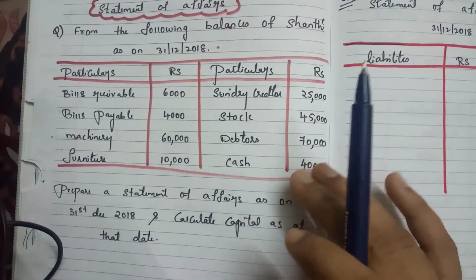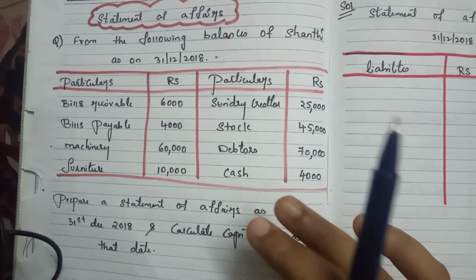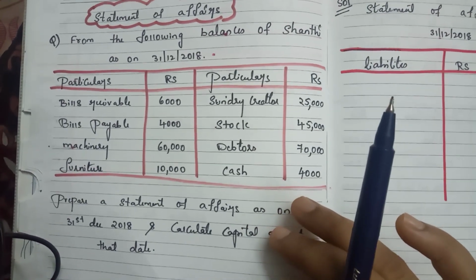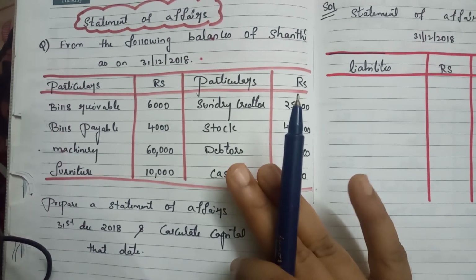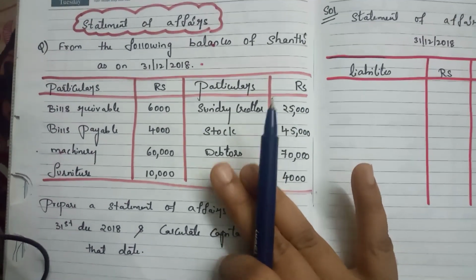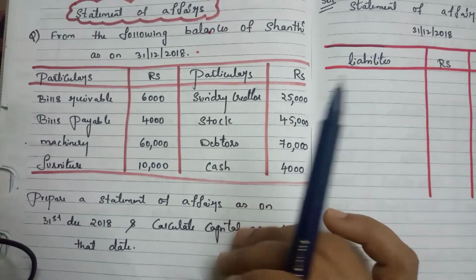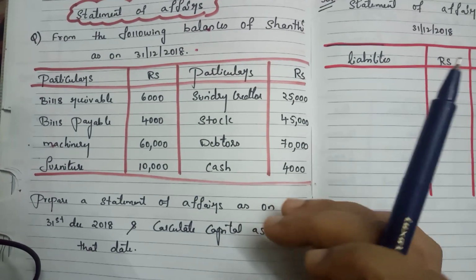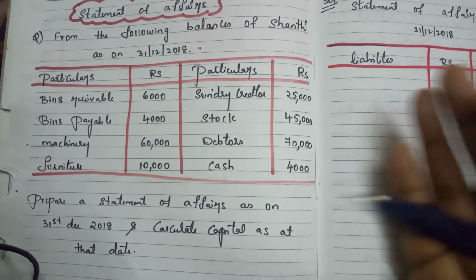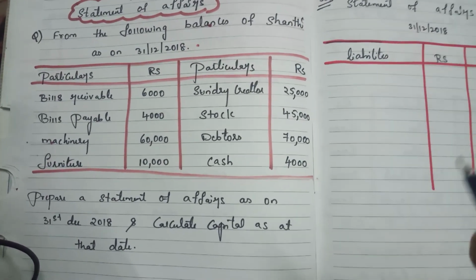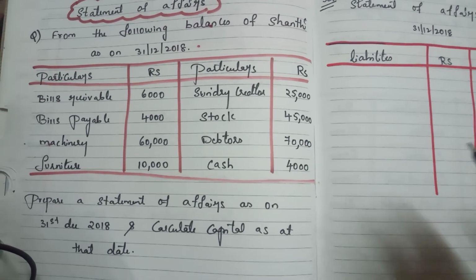So we have to differentiate assets as well as liabilities, and later on the balancing figure you are going to get is called the capital. That will be our capital. Here we need to find the capital by using the balance sheet. That is, in the statement of affairs we are going to find the capital. That is the reason we are going to do this statement of affairs. But in general a balance sheet is prepared after recording both the cash book as well as the passbook, and we get a tally. But here we are going to find out the capital. For that reason we are going to do the statement of affairs.